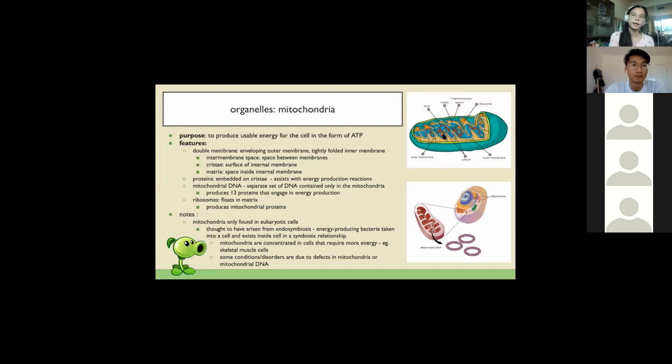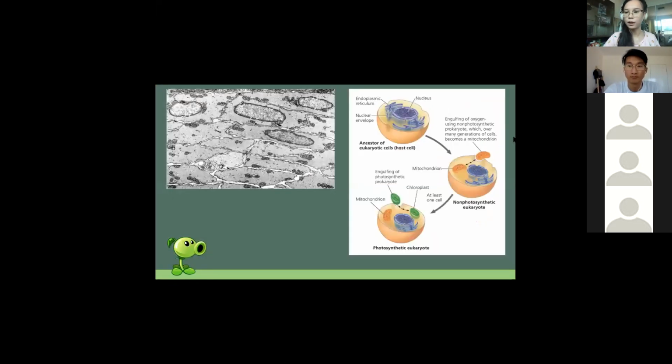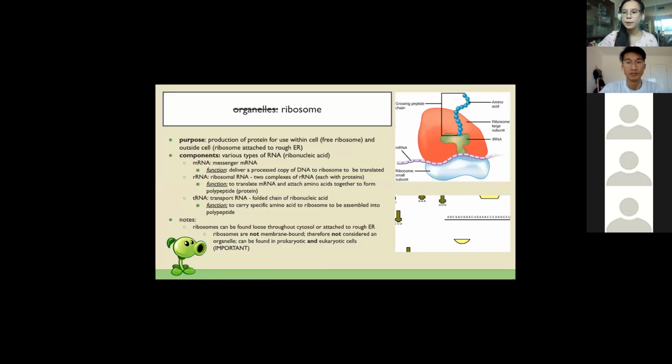There is a theory called the endosymbiosis theory, which hypothesizes that mitochondria were basically once bacteria that were taken into a cell and have stayed there for the rest of time. So this is a diagram that illustrates that you can look at later. This will be on our drive, so you can have a look at that later. Yep. The link is in our description.